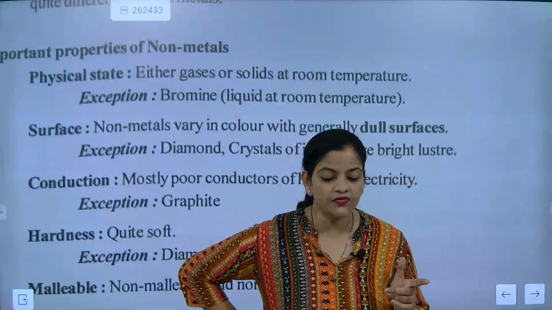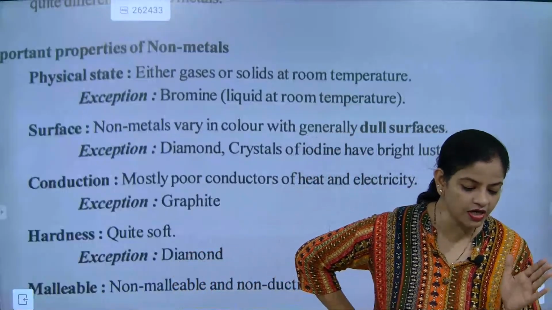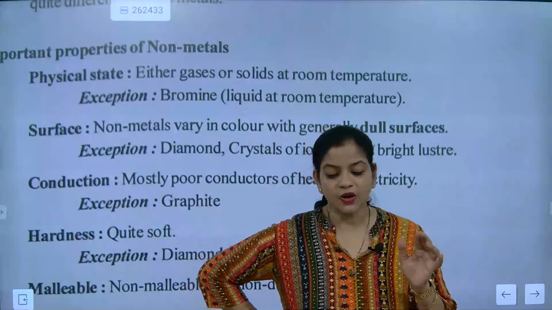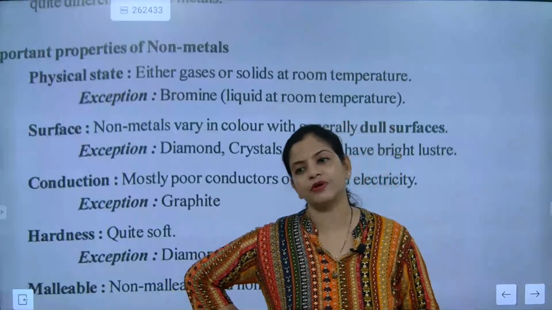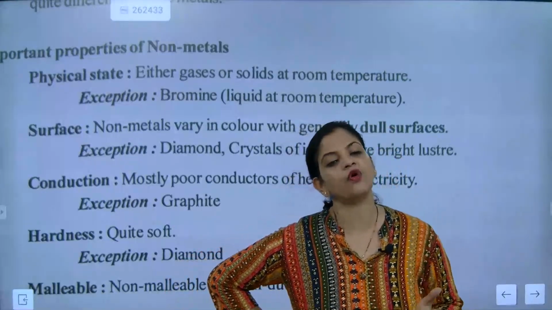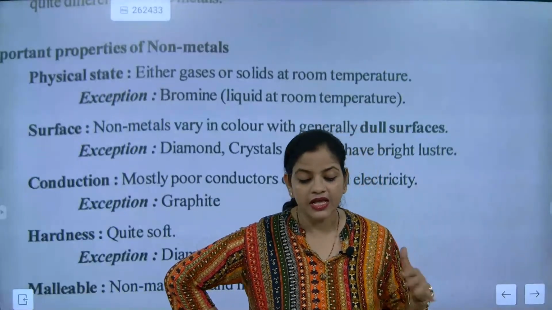Non-metals are good conductors of electricity or not? The answer is no. Non-metals are not good conductors of electricity. But beta, what we have learned here is that the allotrope of carbon is graphite. Graphite is having what electrons? Free electrons. And because of the free electrons, they can conduct